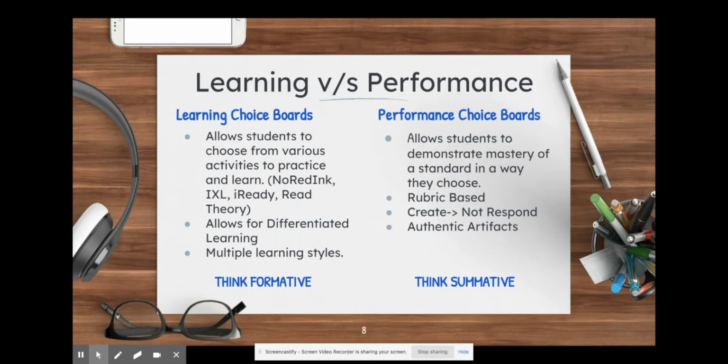Now, performance choice boards are the second type of choice board. These boards allow students to choose how they want to demonstrate their learning. Think about how powerful that word demonstrate is. They are not simply clicking a multiple choice answer, but they are literally climbing Bloom's taxonomy, reaching those higher level thinking strategies. Rather than rote memorization, students are able to design, evaluate, analyze, and create authentic artifacts that exemplify their